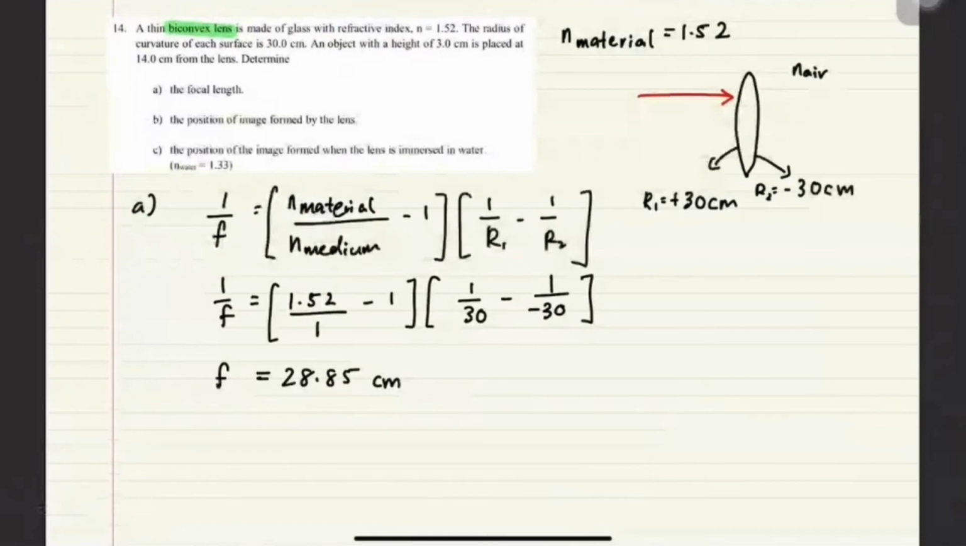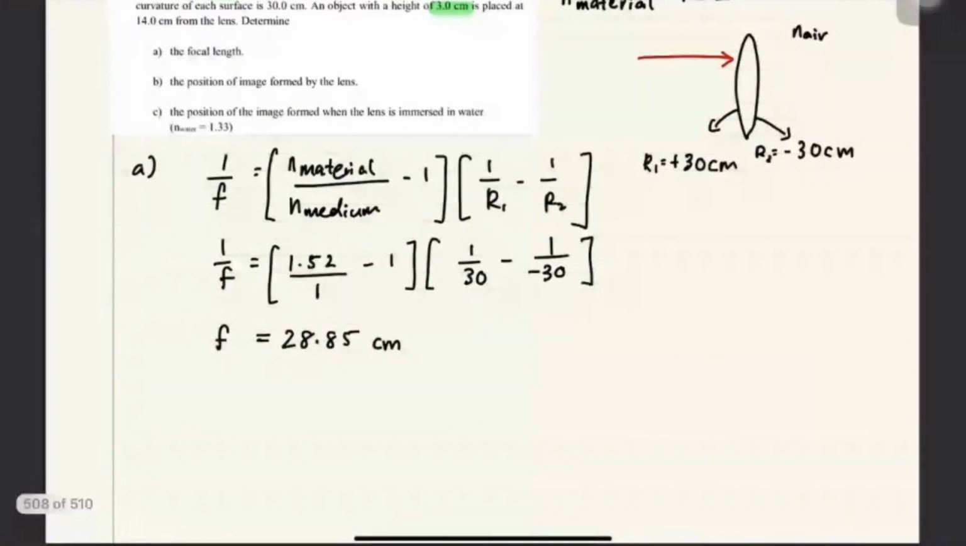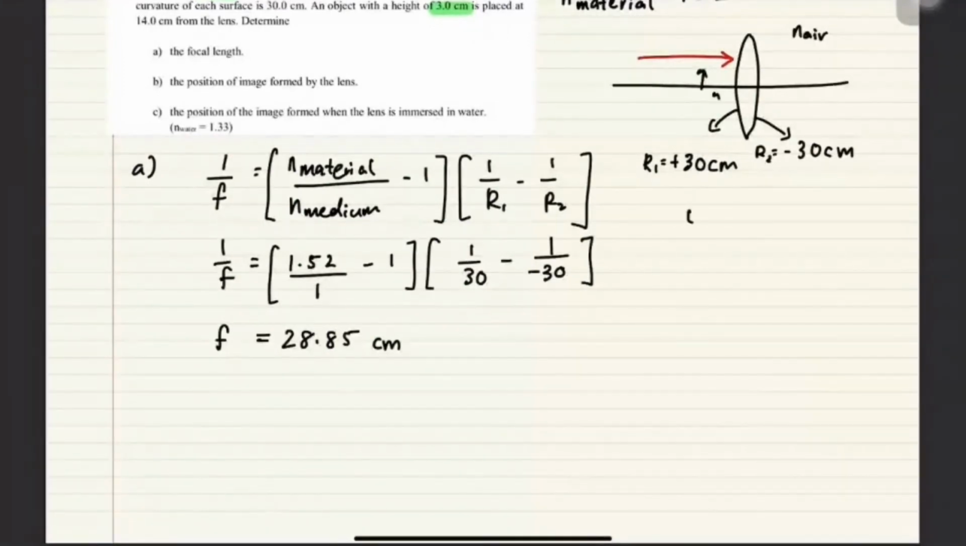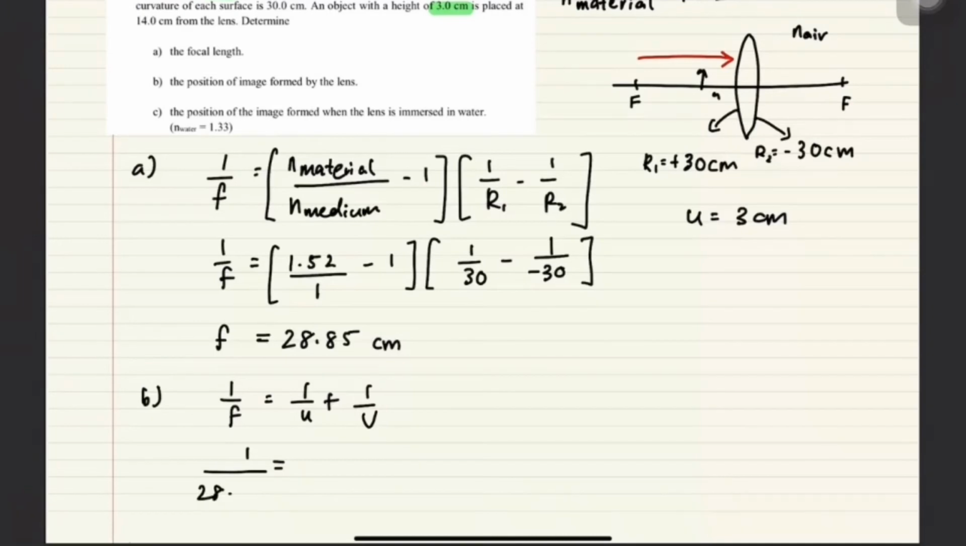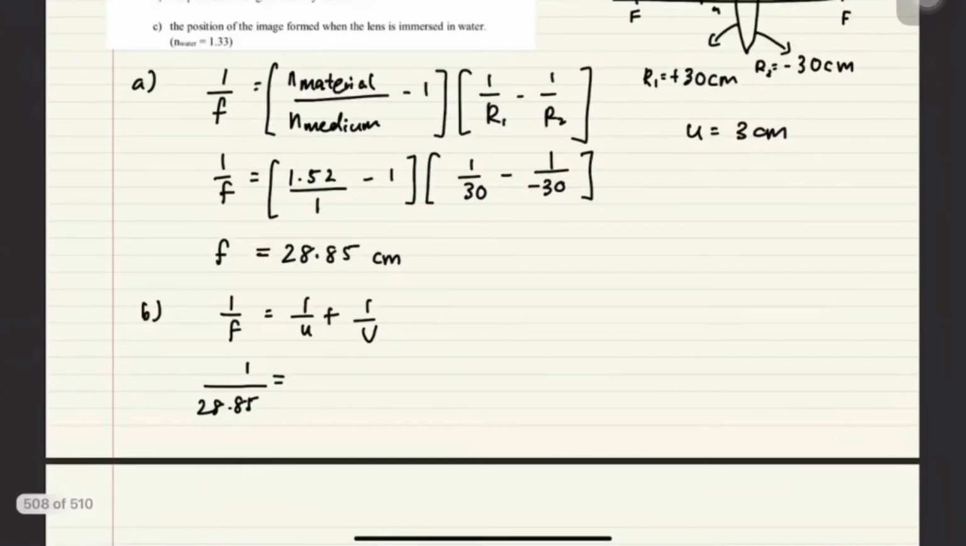Okay, B, they ask you to find the position of the image formed by the lens. Given that the U is 3 cm, dia kasih ni. So dia kata U dia, katakan kamu ada objek, U dia sama dengan 3 cm. Okay. So you just have to apply lens equation. 1 over F is equals to 1 over U tambah 1 over V. 1 over 28.85. Kalau tadi dapat negatif, kamu bawa je lah negatif tu. Okay. Solve V, we should get V equals to